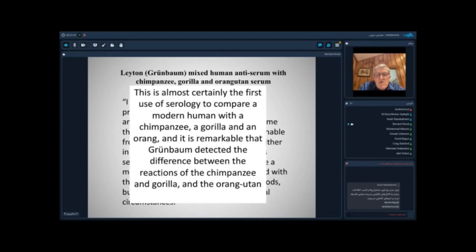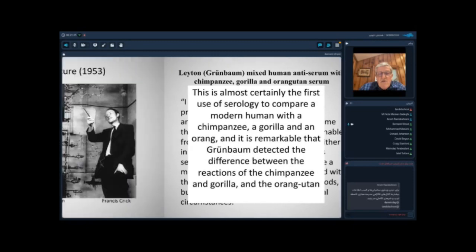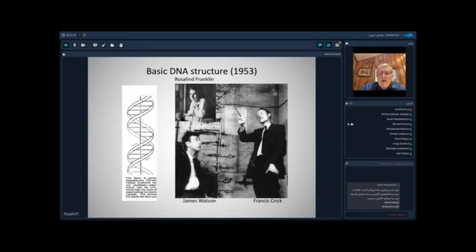And it is remarkable that Grunbaum, as he was then known, detected the difference between the reactions of the chimpanzee and the gorilla and the orangutan. He should get more credit than he has been given. And then, of course, Watson and Crick, with the unwitting help of Rosalind Franklin,